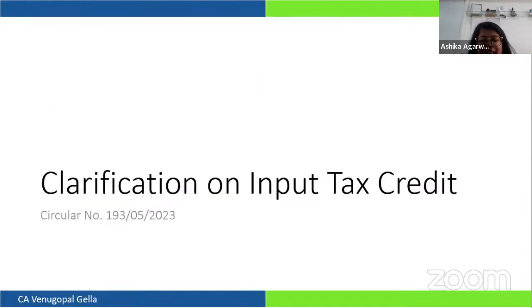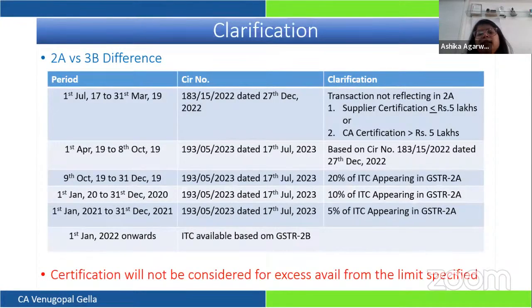Now, this is a normal clarification of input tax credit. This is for the past mistake or past mismatch. If there is any mismatch between GSTR 2A versus 3B, as we know that 2B was not there at that time. 2B was introduced and made compulsory from 1st Jan 2022. So for your past period, if you have a difference between 2A and 3B, Circular 183 comes to your help,